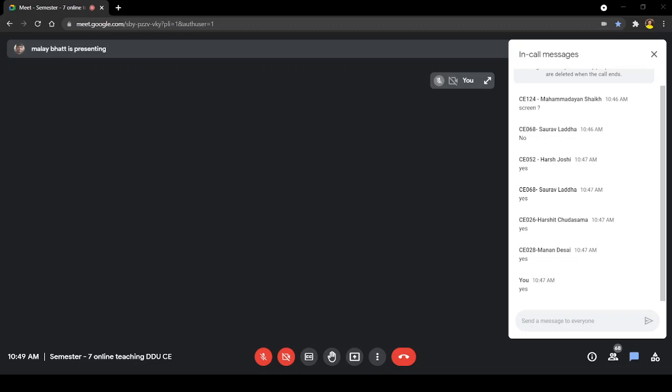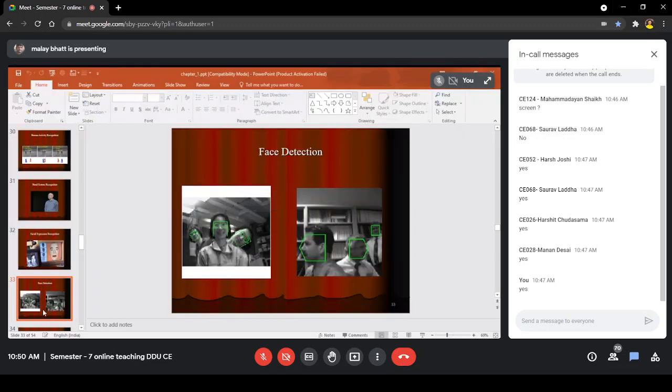In the right hand side picture, it is a side view of the person where the frontal face is not there. So it is much more difficult to detect and recognize the face. Detection of a face will be somewhat easy, but recognizing a face when the person is not in a frontal position is difficult.